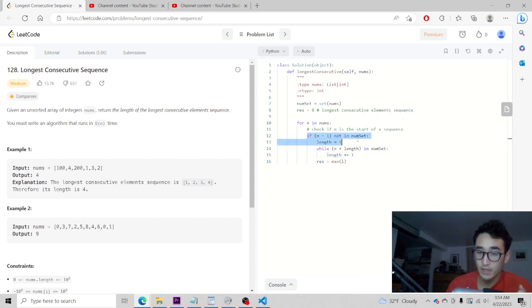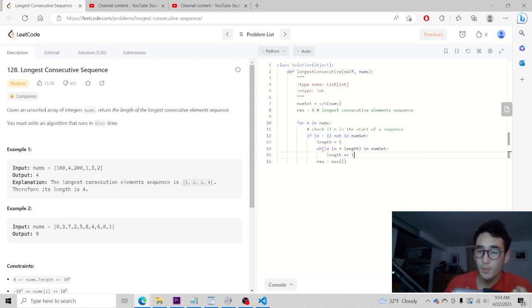So this is checking if there's anything below, because we're checking if it's the start of a sequence with the minus 1. So if there's nothing below 100, then we know that 100 is the start of a sequence.